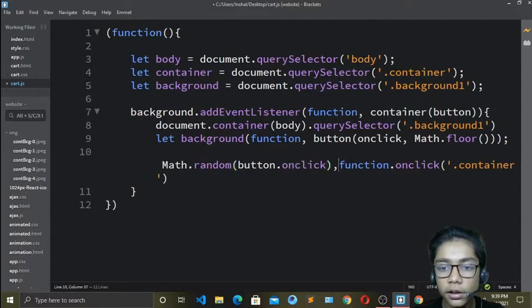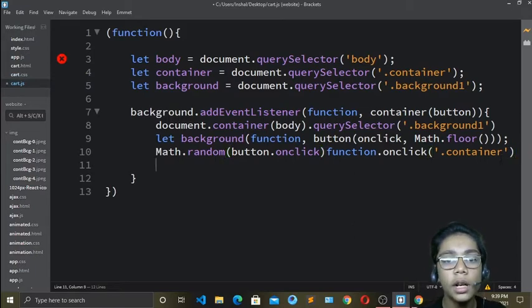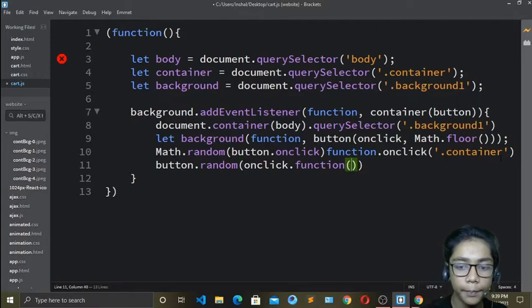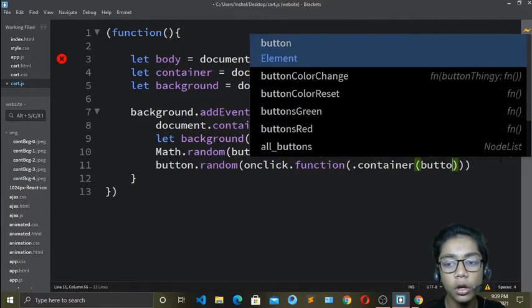Okay, and erase this comma from here. Now hit save, and now when you have done that all, come over here, and here you have to write another thing which is called button. Okay, again write dot random tag, and write over here on click function. Okay, dot function, and write dot container tag. Okay, so now when you have done that all, you have to write another tag which is called button,